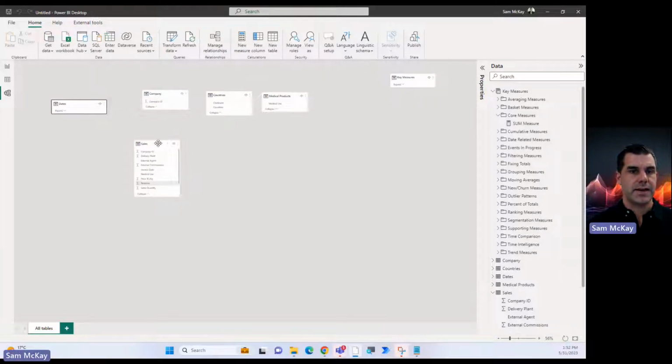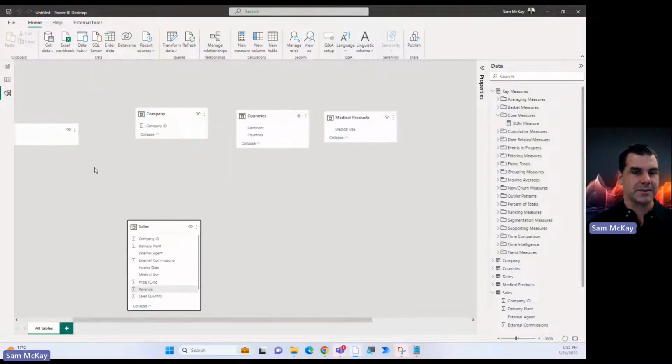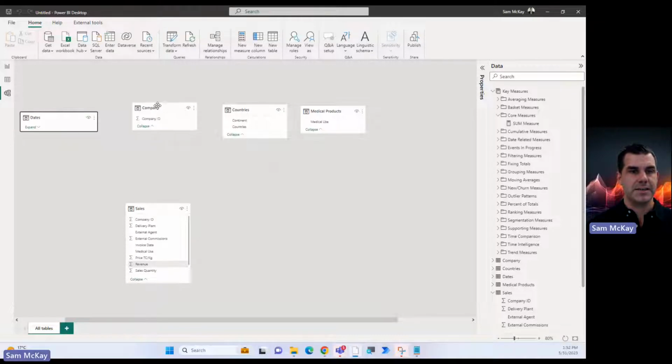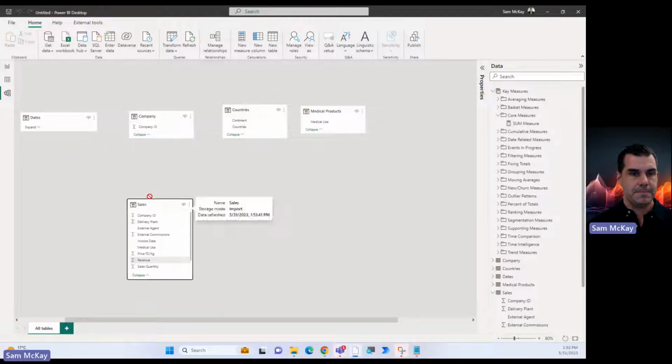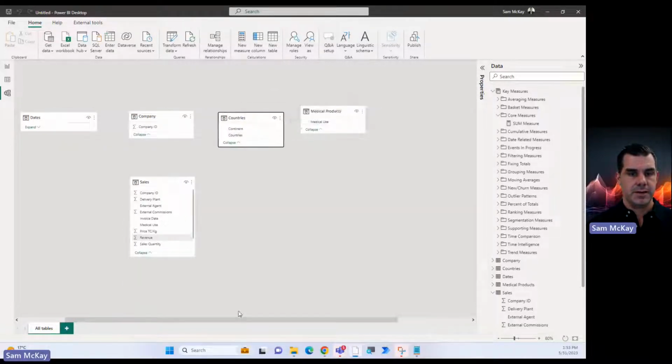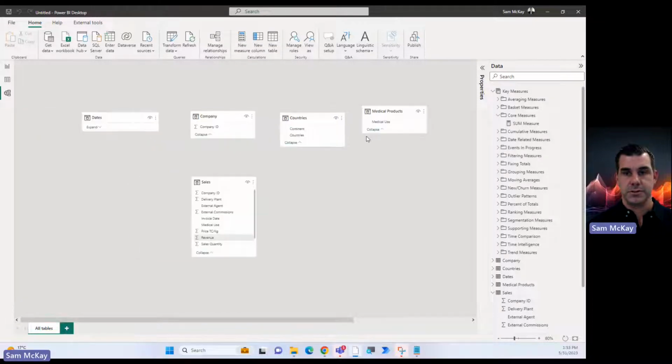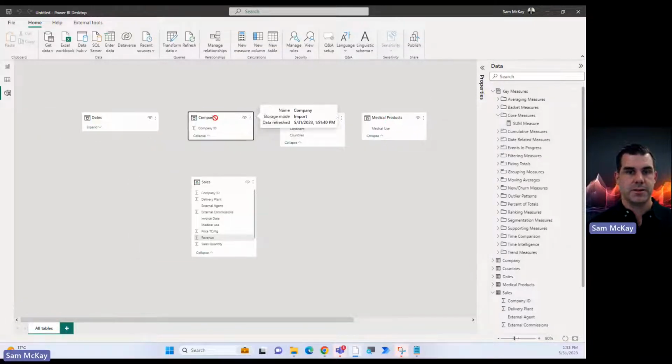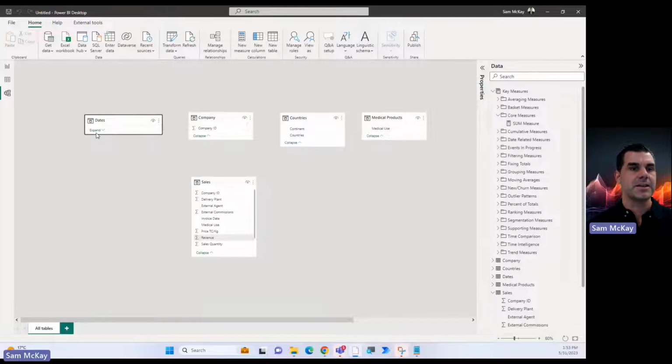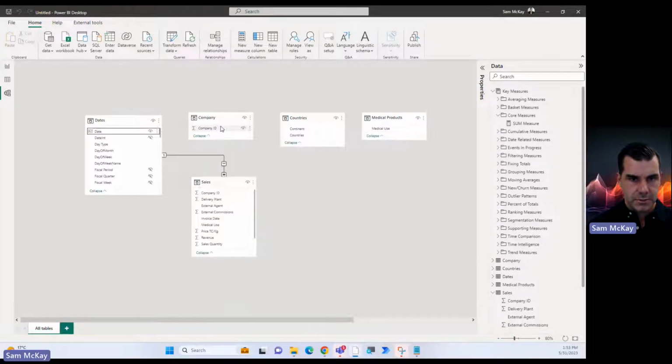Yeah, it's not going to tell you to utilize the technique that I've been shouting about for years, where we want to put our lookup tables up here, and we want to put our fact tables down the bottom. It's not going to recommend that, because this is sort of like the hidden secret of Power BI development that we've generated over time. Okay, but I'll just do this quickly anyway.